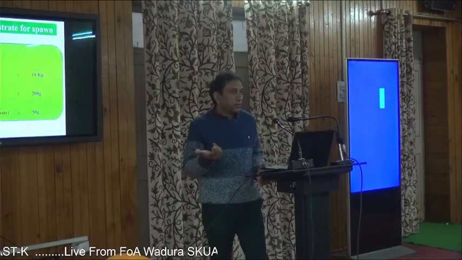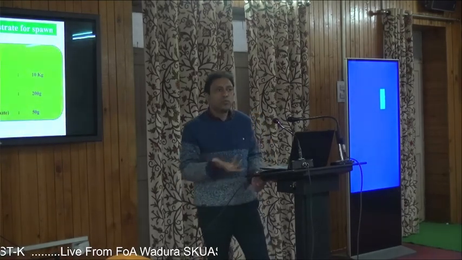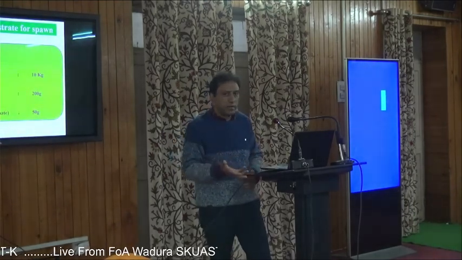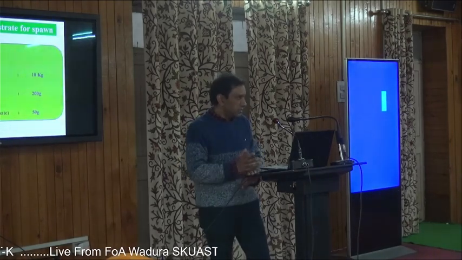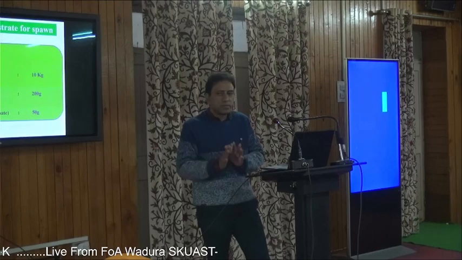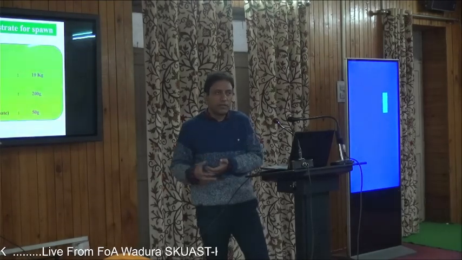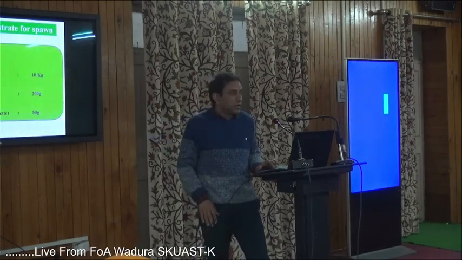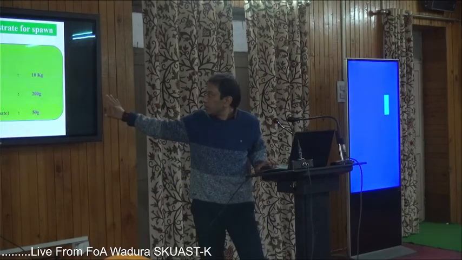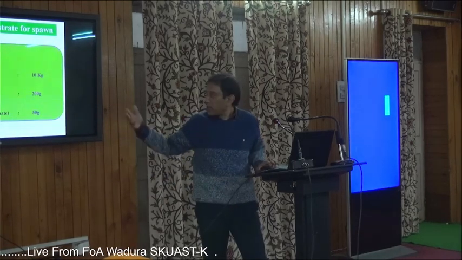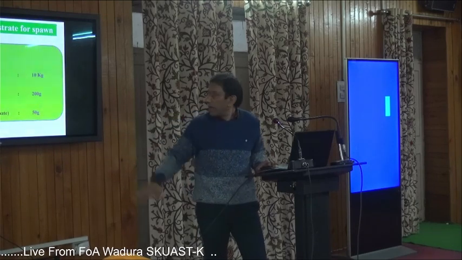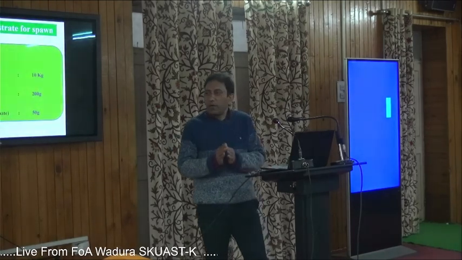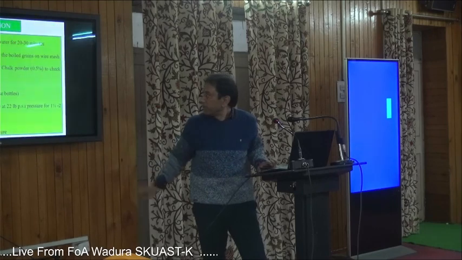Again, because we are using wheat grains, we cannot use wheat grains as such as a substrate for the culture. They may already be contaminated. If we directly inoculate this culture on the seeds, there can be different types of organisms on the seeds, and they will contaminate our culture. They will not give a pure culture. So these are the ingredients that we use for the preparation of spawn. We use whole grains, that can be wheat grain or maize grain, 10 kg. Then we use gypsum and chalk powder. Why do we use gypsum and chalk powder? In order to maintain the pH and to avoid clod formation. Okay, this is for that purpose.